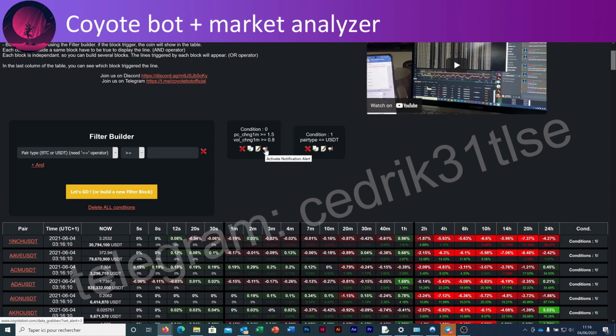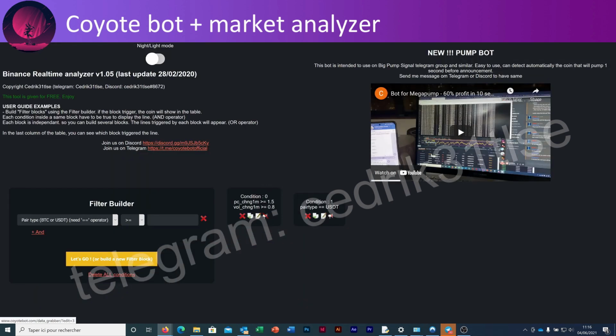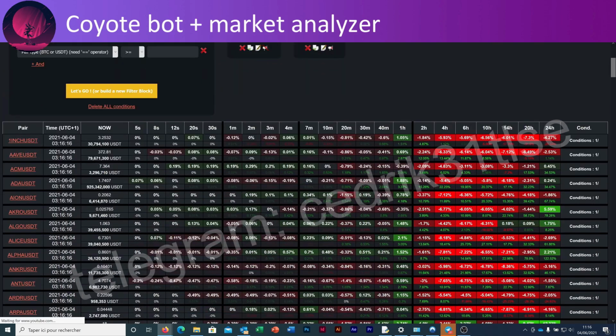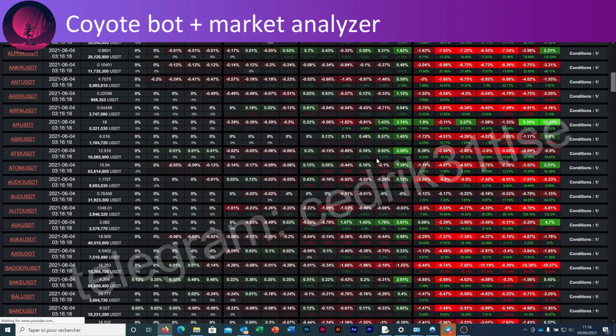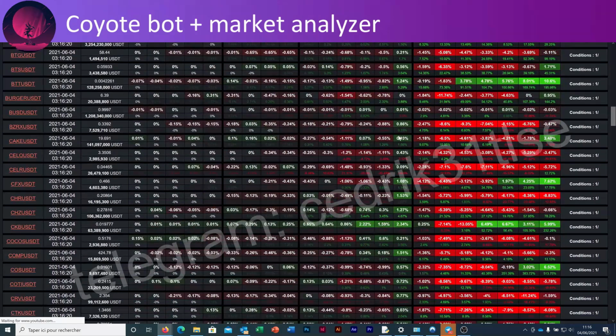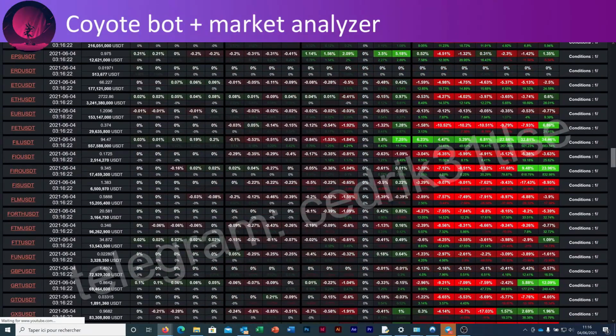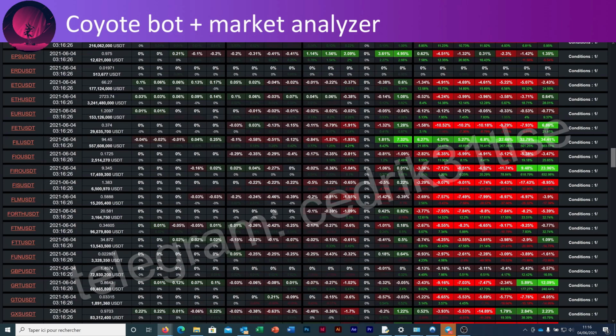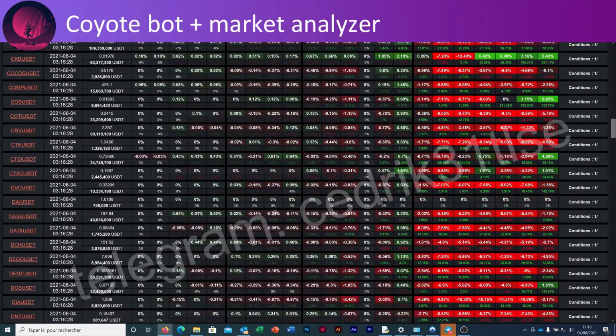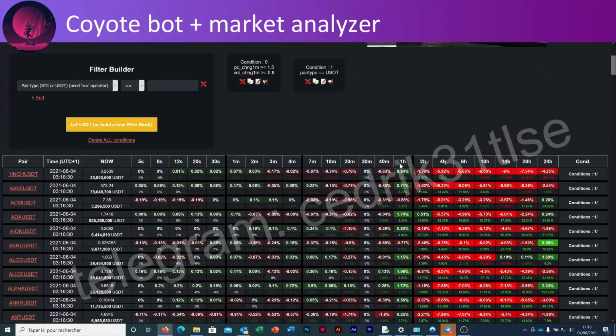You just click on it and it will activate a desktop notification when this condition block is triggered. So as soon as we have a price change on the 1 minute time frame of more than 1% and the volume is more than 0.8%, it will trigger.